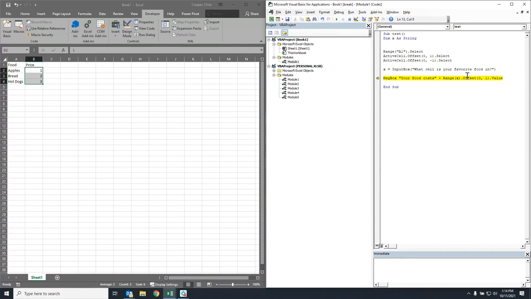Food costs. Range X dot offset dot value. One dot value. Okay. Oh, and that's why. Yep. So if we got a space there to make it look better,